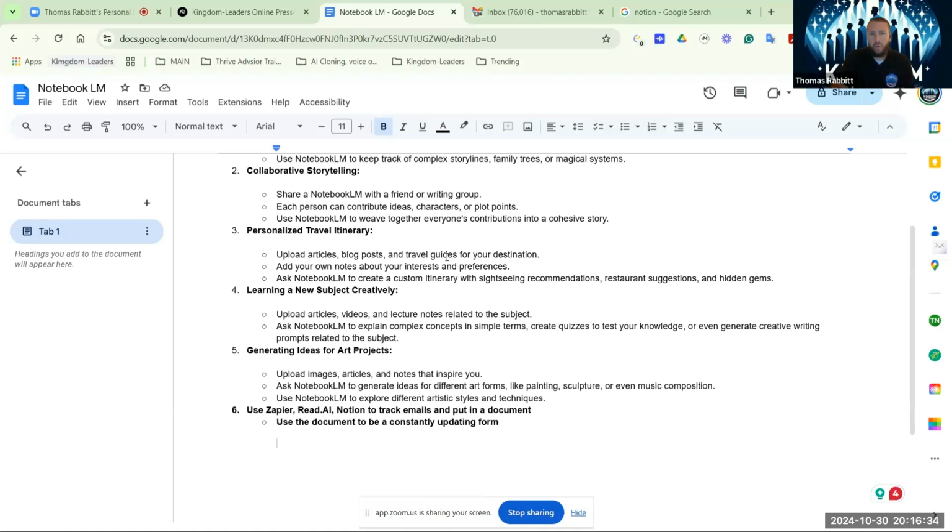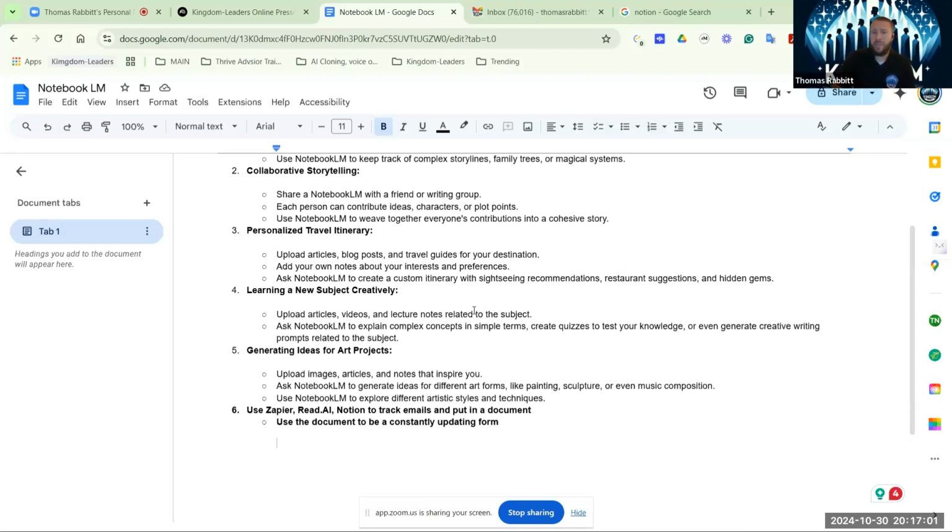You can upload articles, blog posts, and ideas for your next travel piece, and then you can make a summary and a timeline of what that would look like, and then you can plan your whole piece out. Once again, it pulls from websites. Don't forget that. It pulls from YouTube videos of people talking about stuff. Once again, you guys, this is why I did this video, because I truly believe this is one of the most underrated products that are online, period, especially by Google.